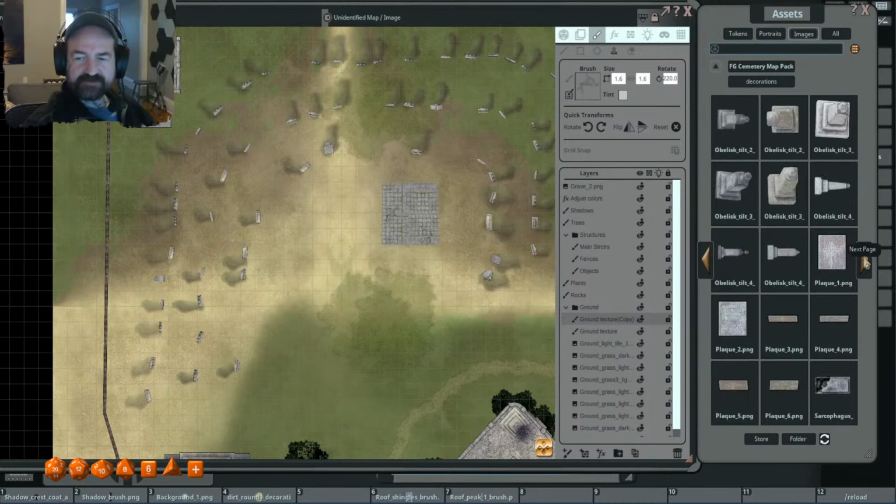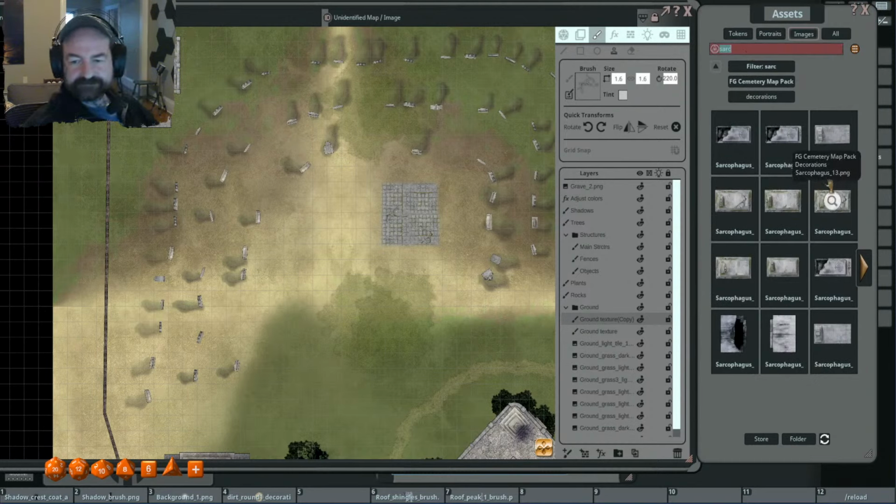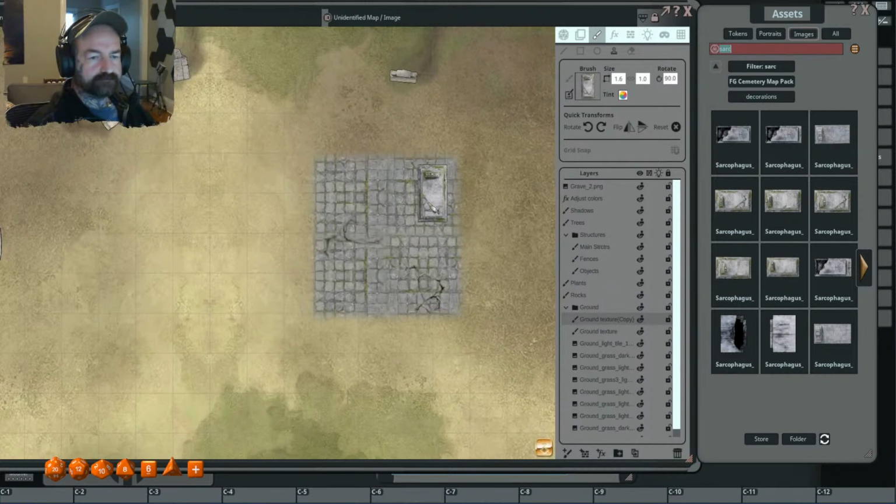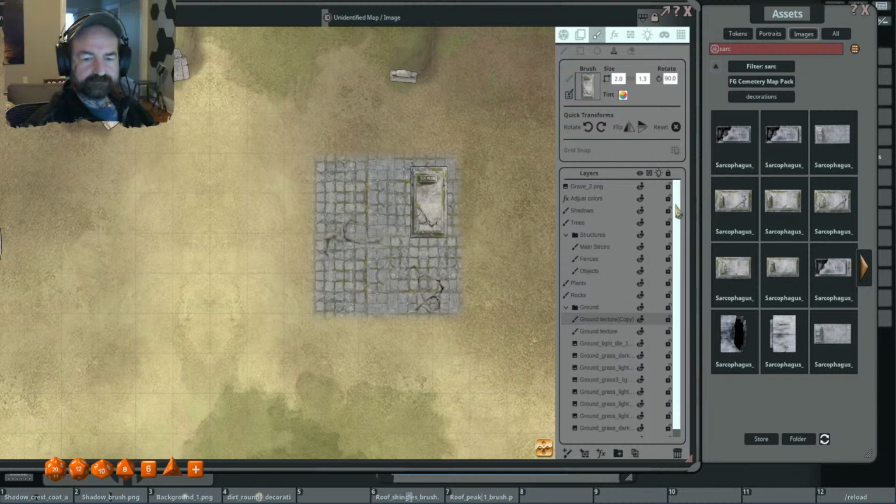Some of these sarcophagi. Then we'll put a little fence around this area. Oh, I don't want to put it on that. I want to put it up here. This layer,